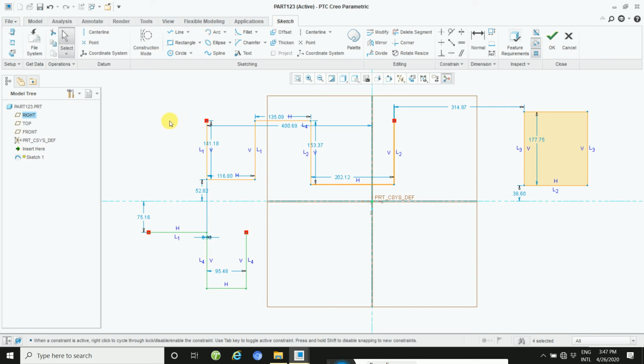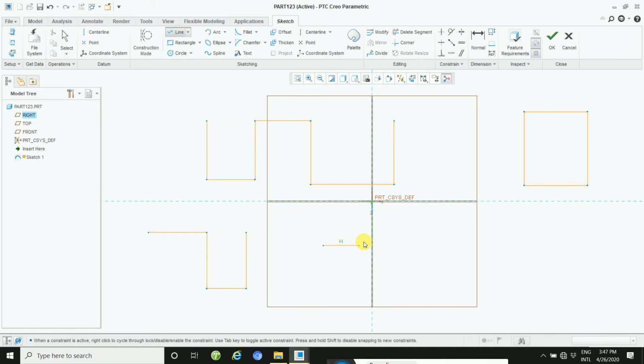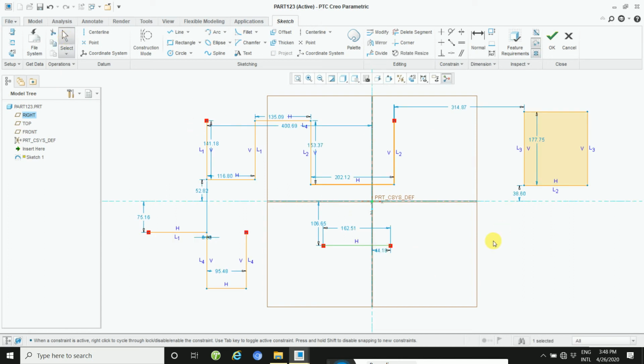Okay, this way again, if you create a line this way, and then if you want to execute this command, then click on the select one by one option, select here. Your command will be executed.